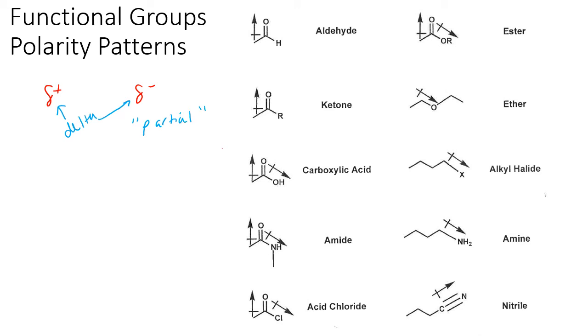Another way that you will see people represent a dipole is by using a dipole arrow. So it will point towards the more electronegative atom, and there's an end that crosses at the more electropositive atom. So they both indicate the same thing. So when you look at these polarity patterns, you can see how the arrow is pointed. For example, starting at the top with the aldehyde,